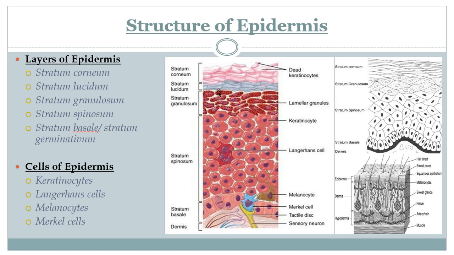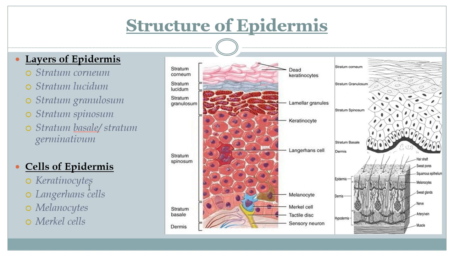Now, this epidermis is composed of multiple layers of flattened cells that overlie a base layer, that is stratum basale, and composed of perpendicularly arranged columnar cells. Four types of cells are present in this epidermal layer. What are those cells? These are keratinocytes, Langerhans cells, melanocytes, and Merkel cells.